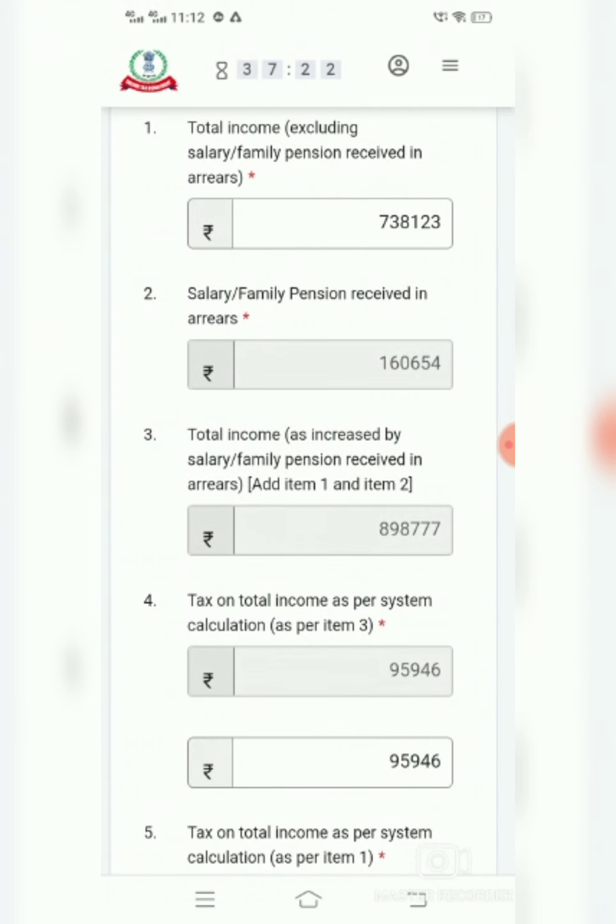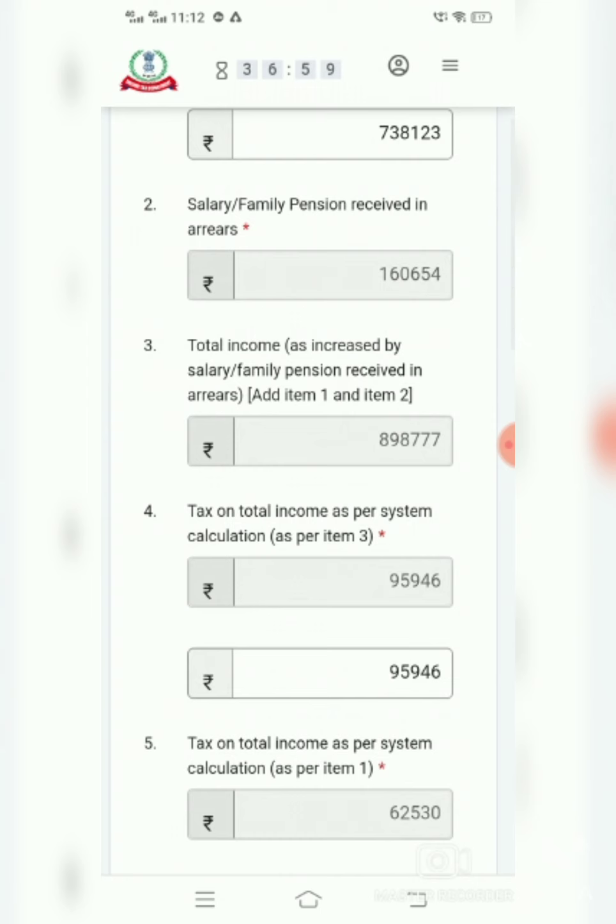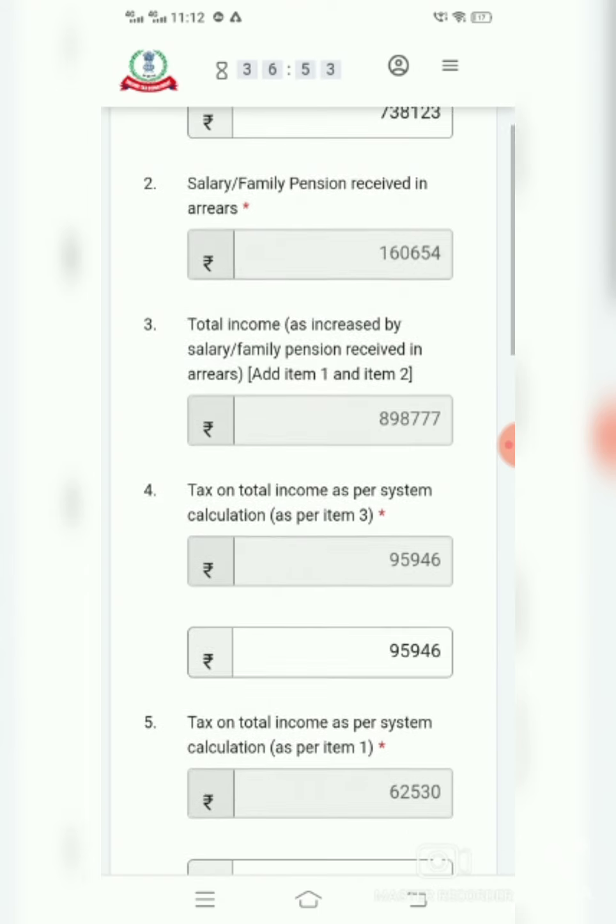In my case, I received arrear for the financial years 2018 and 2019. I added both years, how much I have received for 2018 and 19. So I got a total of 1,60,654. Column 2 will come automatically when you fill up the form year-wise. That I will tell you next.